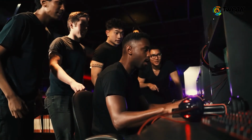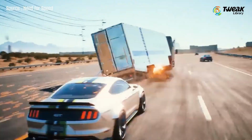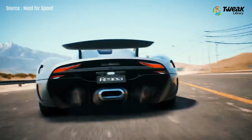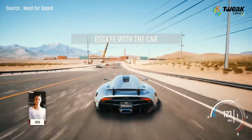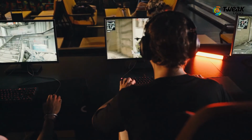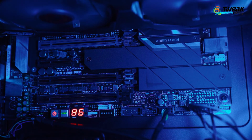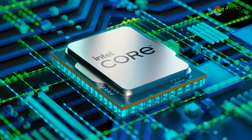This must make you wonder whether you should upgrade your GPU or CPU. In a perfect world, you should simply buy the best of both. Unfortunately, budget constraints make you choose one. However, if you are a hardcore gamer and want to run the most power-hungry AAA games, and more importantly, you can afford the extremely high prices, it might make even more sense to go with the premium options in either CPU or GPU. On the CPU side, one of the most powerful Intel processors on the market today is the